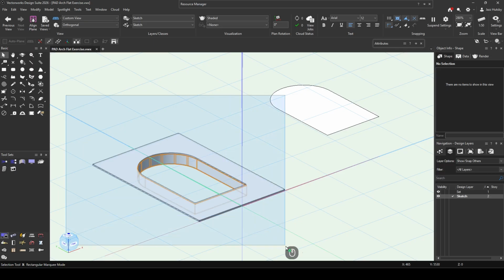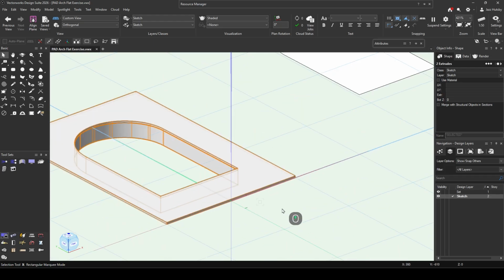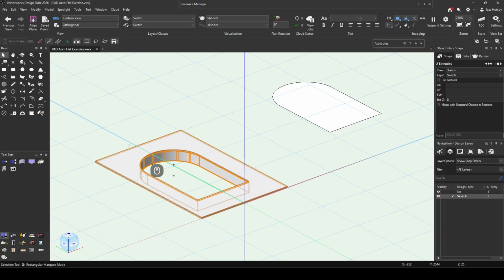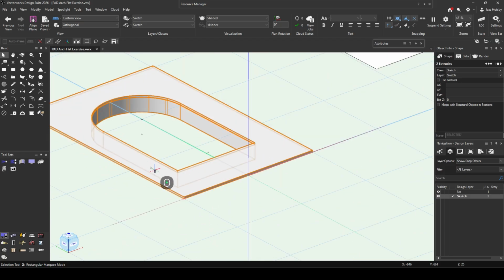I select both these objects, so I can click and drag. There's nothing else around, or I can select once, hold down my Shift key, and select the other object. I'm left clicking on it, and I've got the two of these. Now, what I want to do is rotate this flat, both of these objects together,